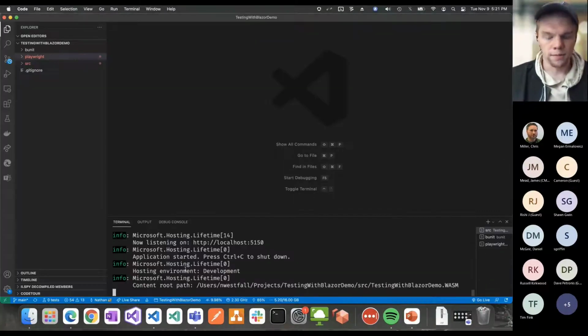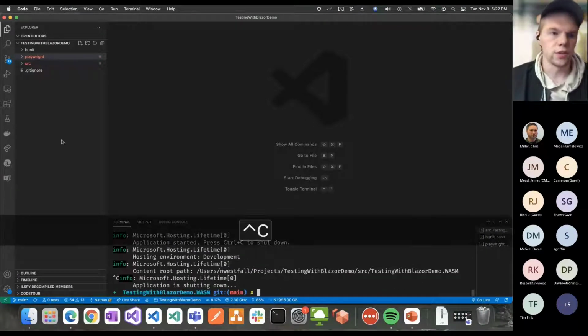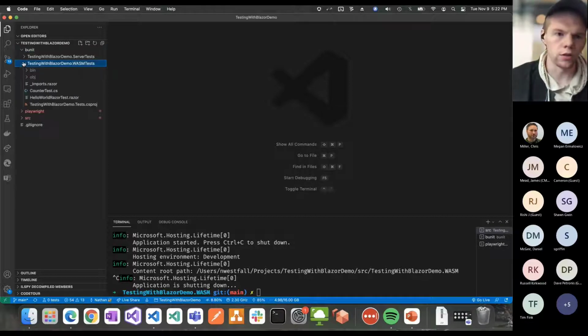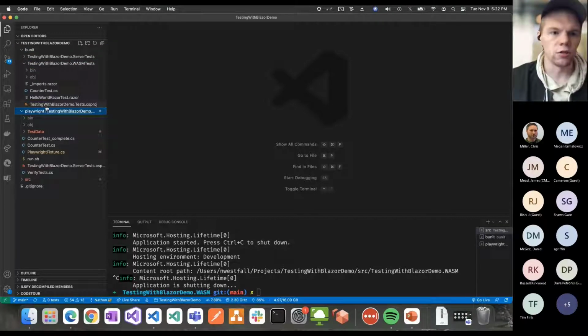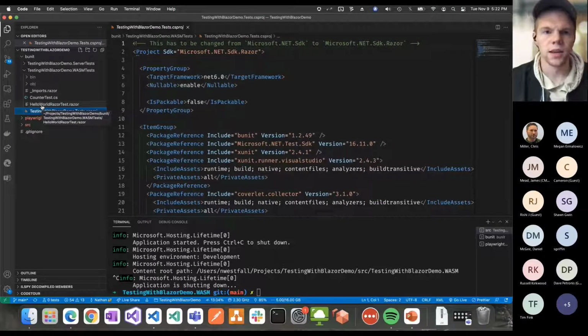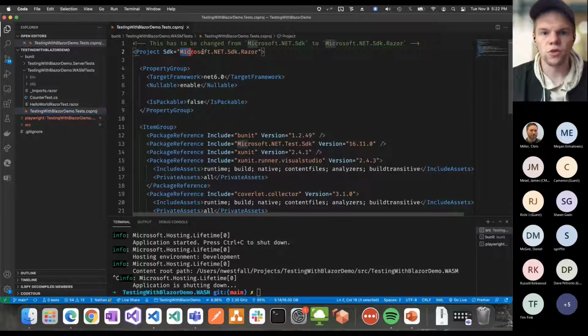But I want to test this, right? I want to see what it actually looks like. Just because I'm traveling, I wanted to make sure I had everything downloaded. I set up the projects, but I didn't write any of the code. So if I jump into WASM and I look at the CS proj running .NET 6, for BUnit, this is an important thing. You just have to change your project from Microsoft SDK to SDK.Razor, because when you do